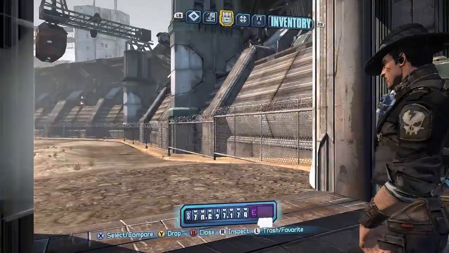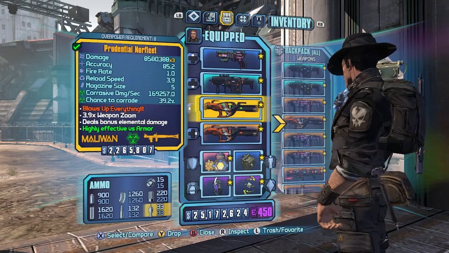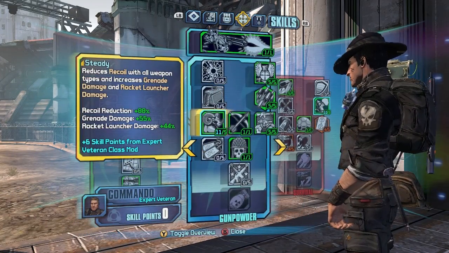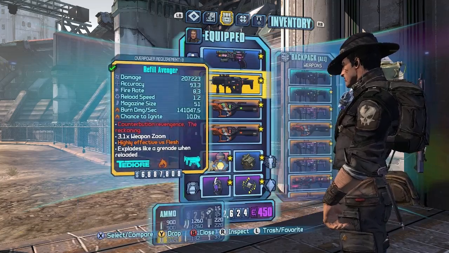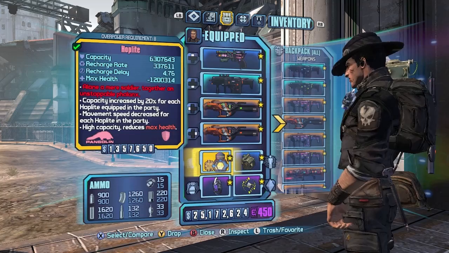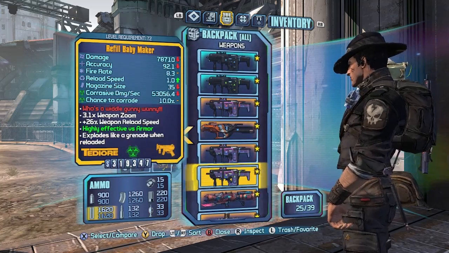There we go. And then we have the North Fleet of all elements, because we do have a boost in rocket damage, so you can actually do a lot of damage with that, which is good for Axton. And then, let's go down the weapon list real fast, a Bada Boom